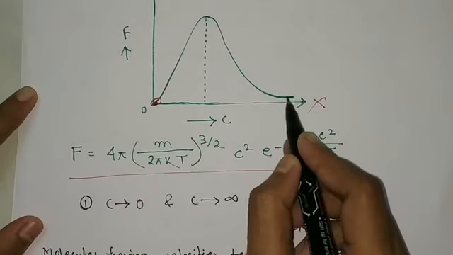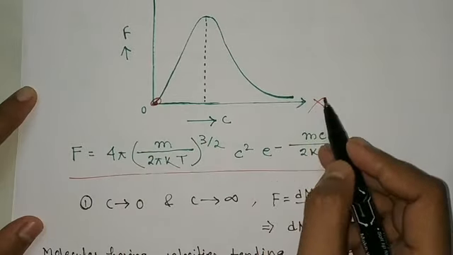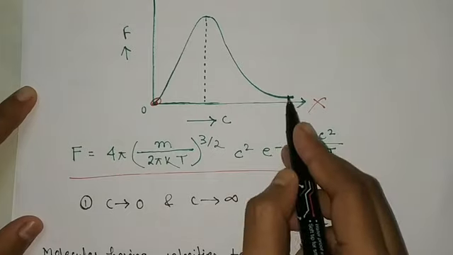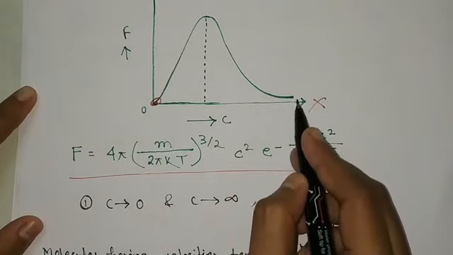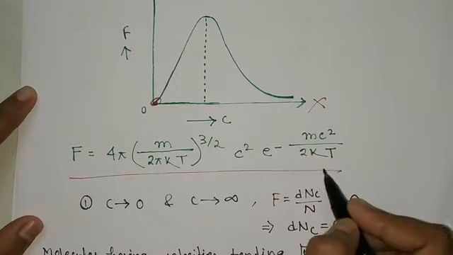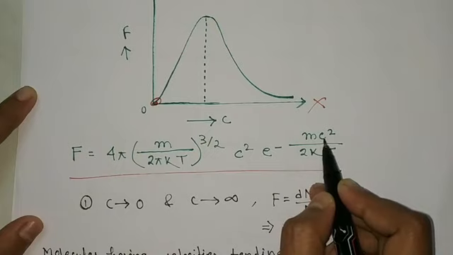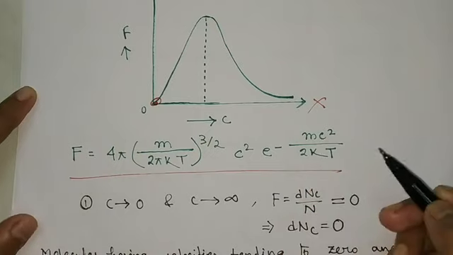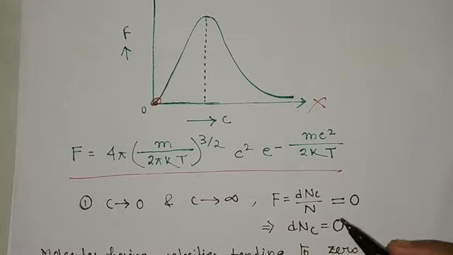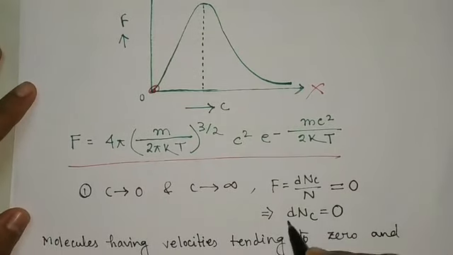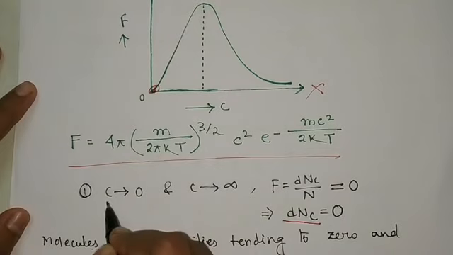Also as c approaches infinity, that is a very high value, then also the distribution function, as you see, this line is going parallel to the x-axis, meaning at c tends to infinity it will also become 0. If you put c as infinity over here, then it will be 0, right? So if the distribution function is 0, it means that dN_c will be 0